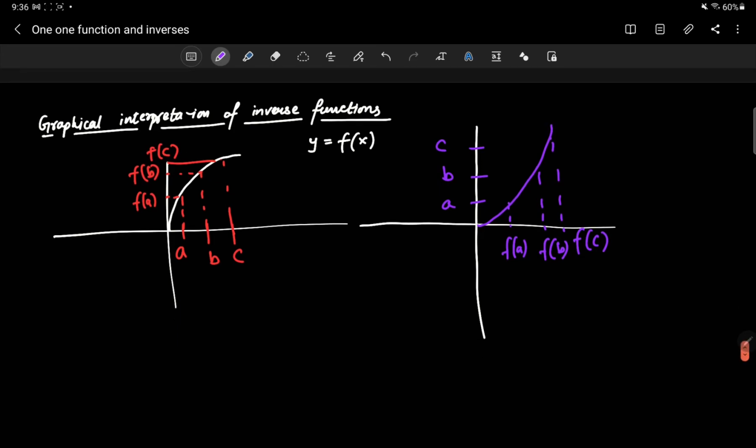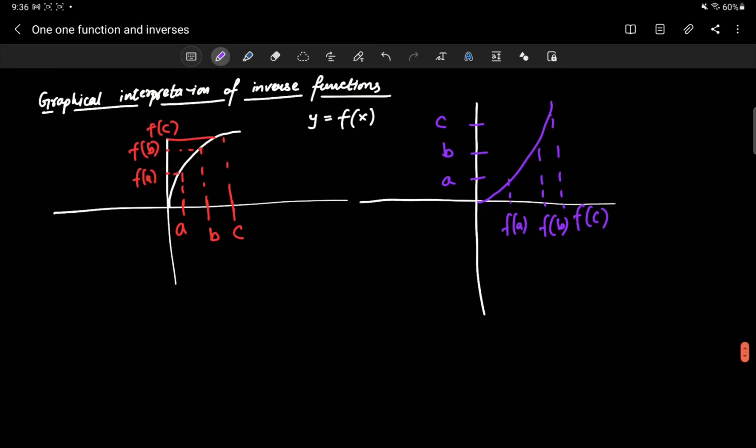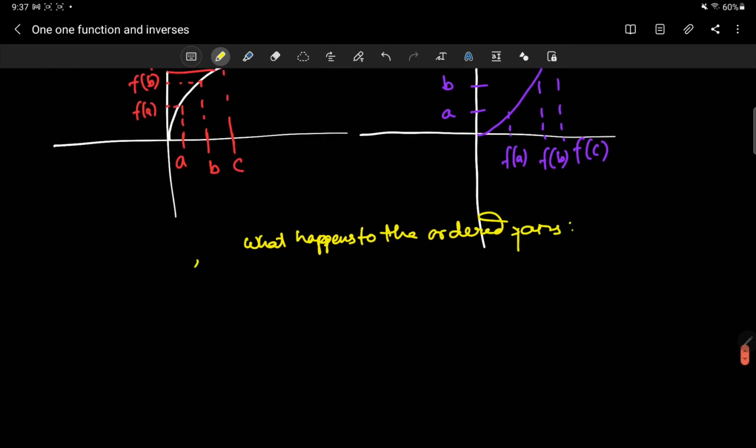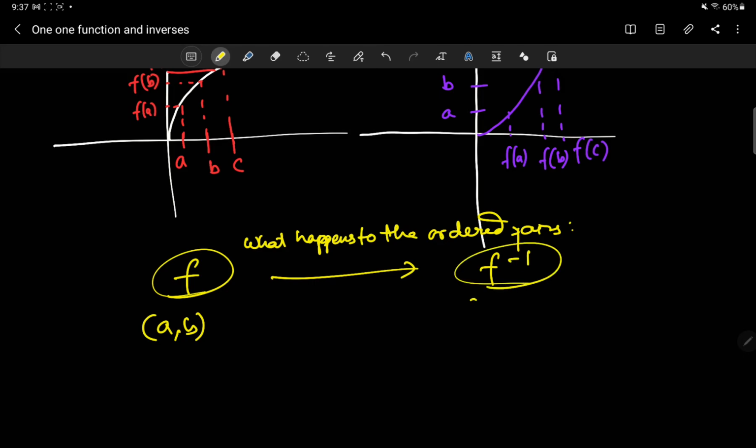But that doesn't establish a pattern. The pattern is going to be established when we look at what happens to the ordered pairs. And here's what happens. In the function f, if you have an ordered pair (a, b) and you go into the inverse, it becomes (b, a),